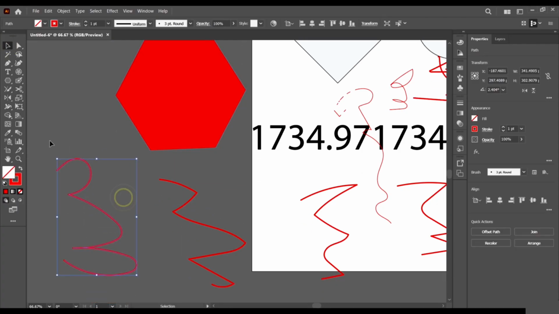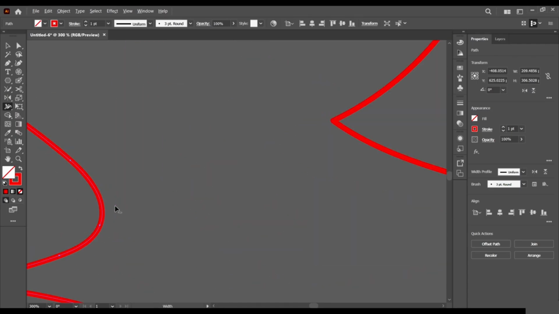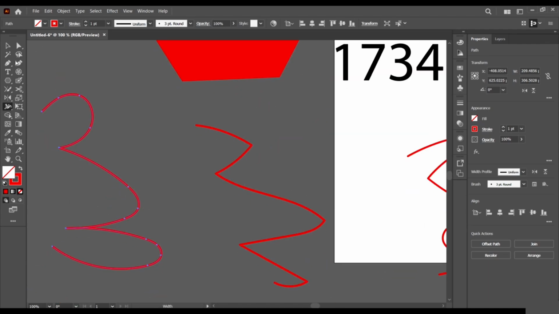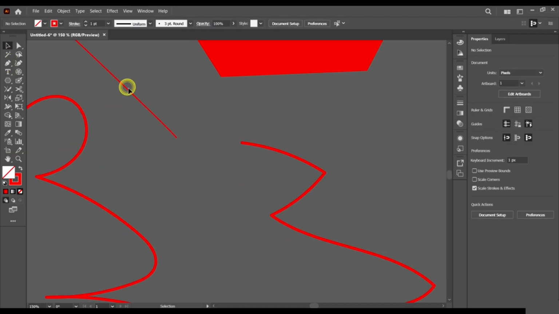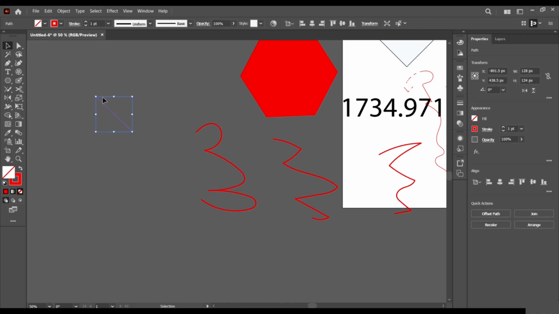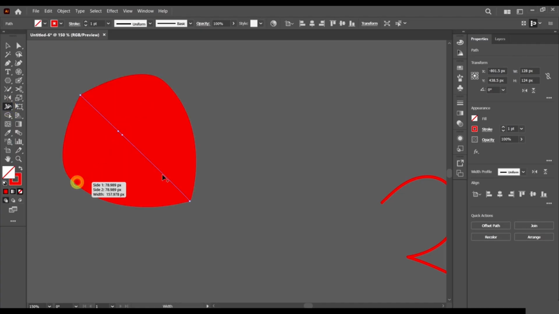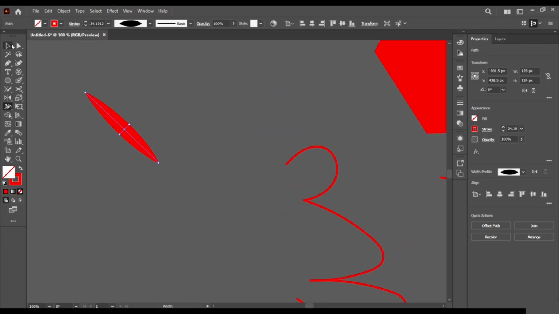We have the width tool, which is used to kind of do stuff like this. So we select this guy, and this is the width tool. We can use it to do stuff like this. The width tool enables us to increase the width of our shape like this. Okay, so it helps us edit the profiling of our stuff. So that's what the width tool does.